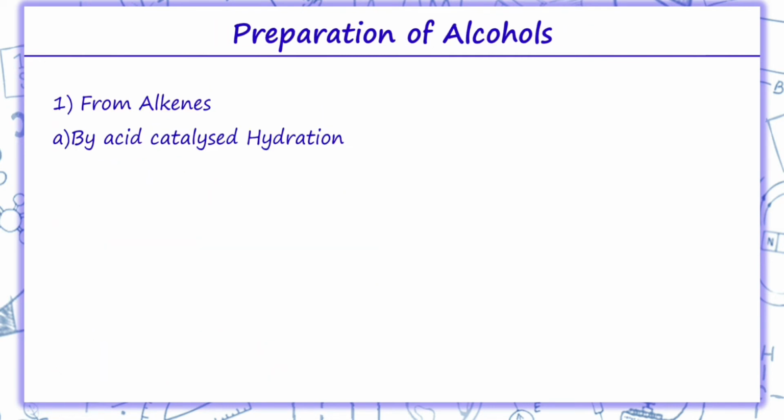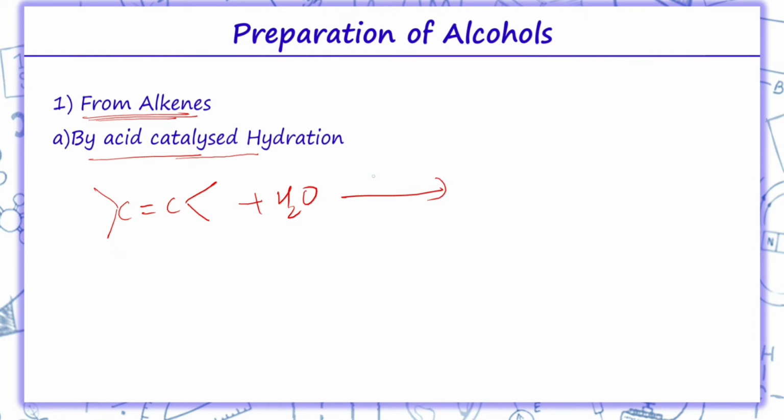So moving on to the preparation of alcohols, the first reaction is from alkenes. Alkenes by acid catalyzed hydration, that is alkenes react with water in presence of acid as catalyst to form alcohols. Like we have this alkene, it reacts with water in the presence of acid and thus we get alcohol. If it is a case of unsymmetric alkenes, then addition of water takes place according to the Markovnikov's